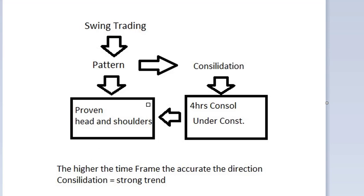So, when we talk about swing trading, on my experience, based on the analysis and the data that I have, the higher the time frame, the more accurate the direction. Kaya pag nakita ko doon, one day, napaka-accurate talaga ang direction na makikita mo. The only problem with that is napakalaki naman ng pips. Napakalaki ang needed capital for you to operate on one day. So that's why